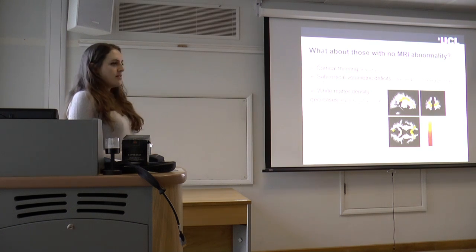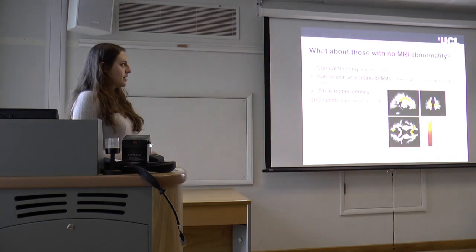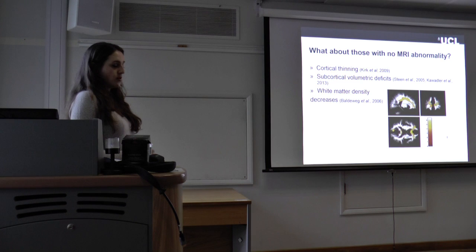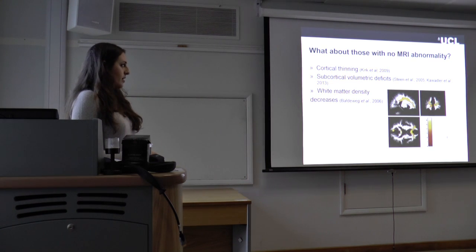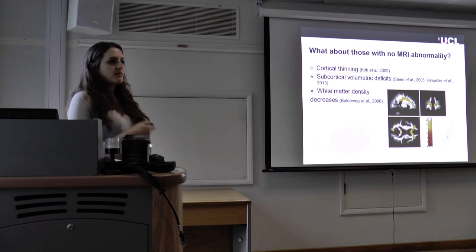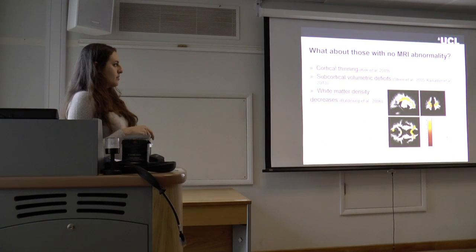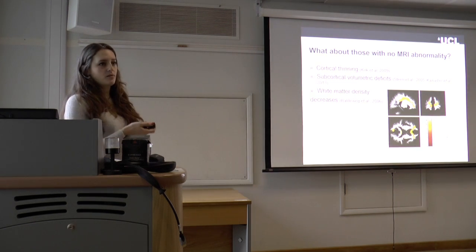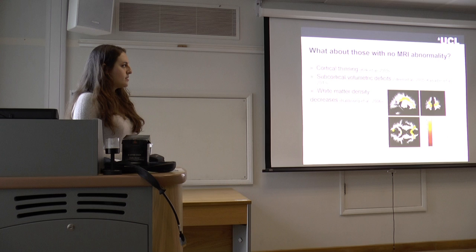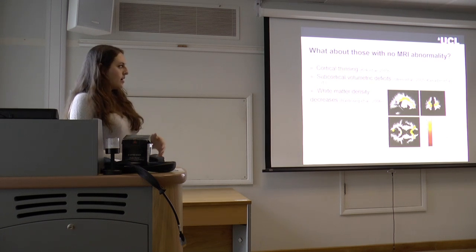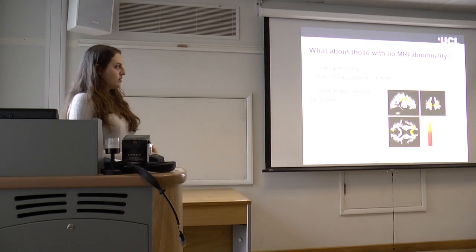Well, in terms of MRI, there's been a couple studies looking at cortical thinning, widespread in all 4 lobes. There was a couple studies that looked at volumetric deficits of specific subcortical structures. And then there was a really nice study looking at white matter density decreases using voxel-based morphometry that found white matter density decreases in this border zone distribution